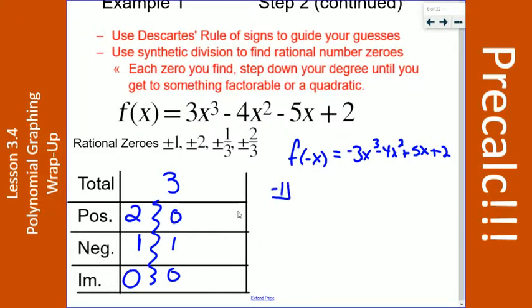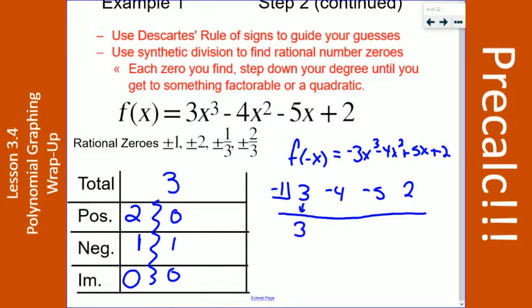We use synthetic division to find rational number zeros. So negative 1, and then we grab our coefficients of our f of x function. So 3, negative 4, negative 5, and positive 2, which is just going to be looked at from now on as just 2. How's that sound? So once we do that,